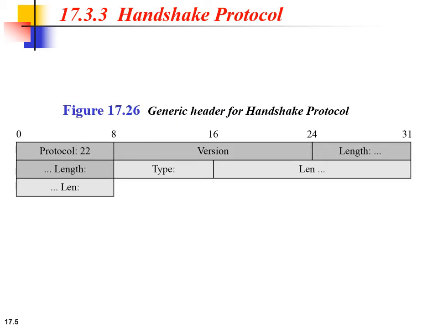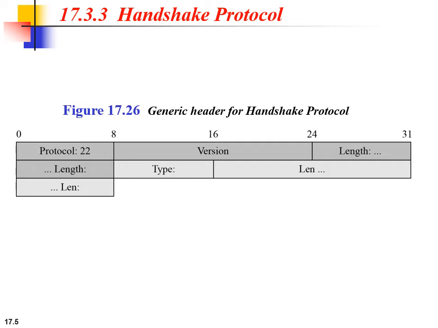For handshake protocol, several messages have been defined. All of these messages have the 4 byte generic header. As you can see in this figure, the figure shows the record protocol header and the generic header for the handshake protocol. So there are different fields. Type: this 1 byte field defines the type of message. So far 10 types of messages have been defined. And next one is length. This 3 byte field defines the length of the message, excluding the length of the type and the length field.